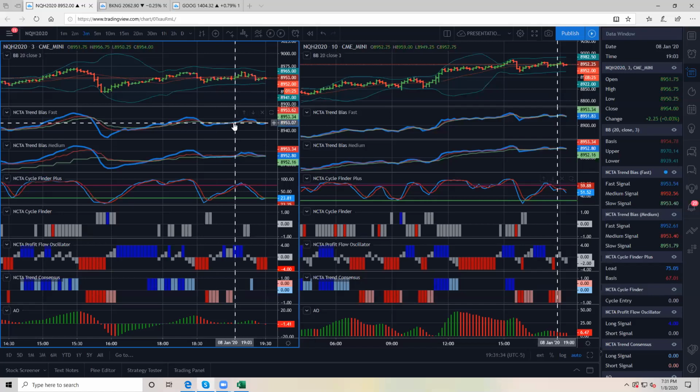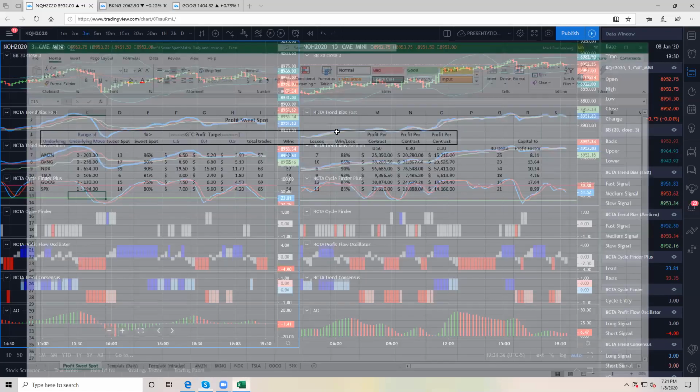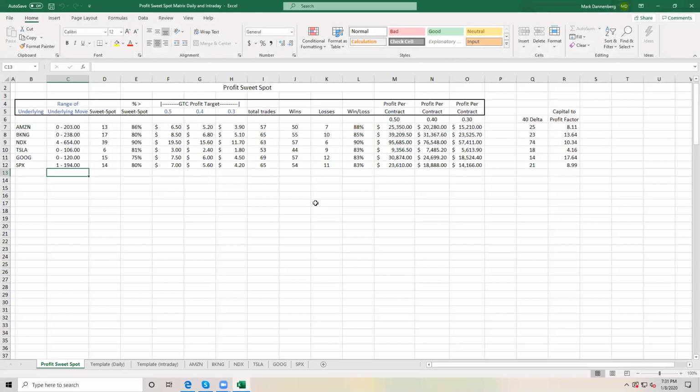Definitely. Thank you. Before we get to the Q&A, I want to go back to this spreadsheet tool, and I want to highlight a few things for you folks. This is a tool that we've created as part of the masterclass. If you're an attendee of the masterclass, you're going to get a copy of this. Right now we've got 6 stocks, actually 4 stocks and 2 indexes, that we've listed the detail on.